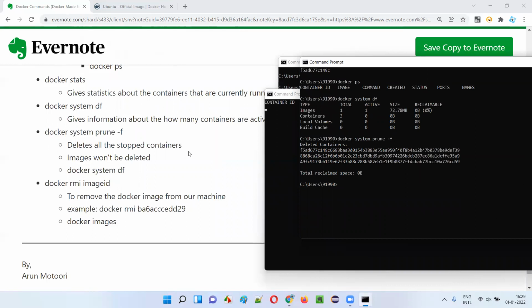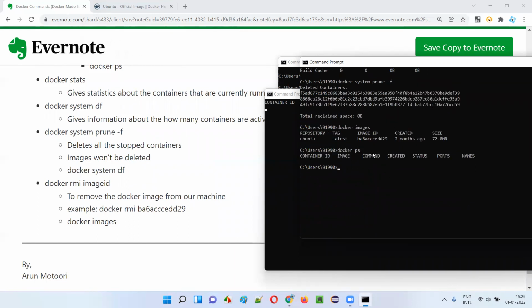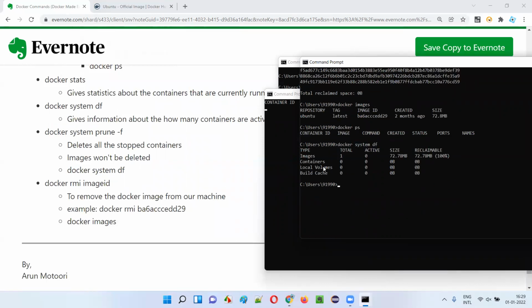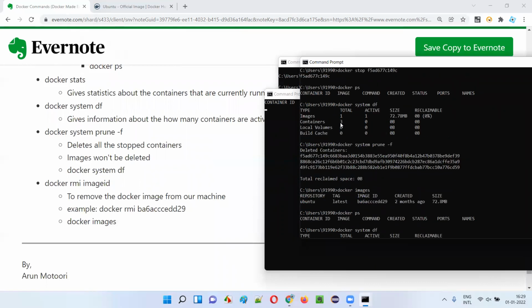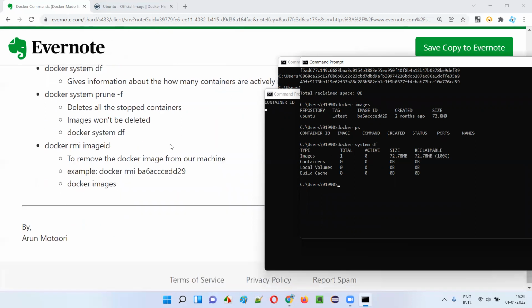All the stopped, non-active containers will be deleted. Images won't be deleted, guys. If I say docker images, you see, we still have the Docker images. But with docker system df, you see here, images are not deleted, but containers got deleted. Earlier, there were 3 containers here, but now they became 0. They got deleted, guys. That's the purpose of this command.